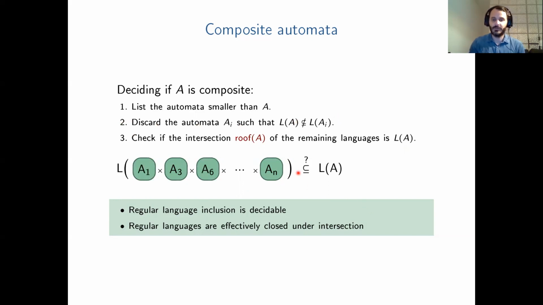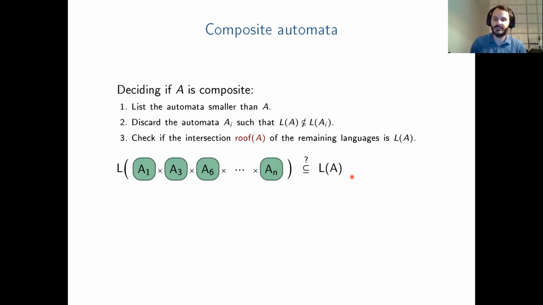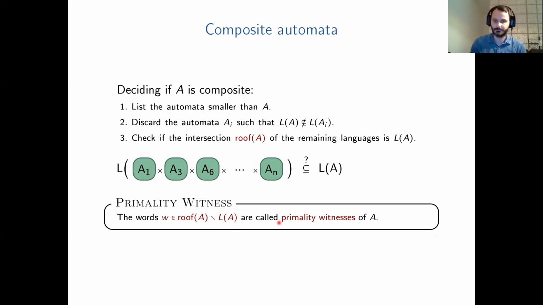Okay, now what? Well, if these two languages are equal, then A is composite because we have a decomposition right here. And if these two are not equal, then we claim that A is prime. Why is that? Well, remember, in step 2, we kept all the automata that could be used in a decomposition of A. So now, if we take any word W that is in this language, but not in this one,